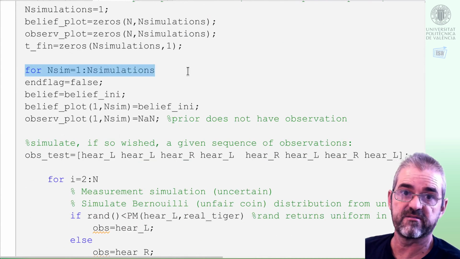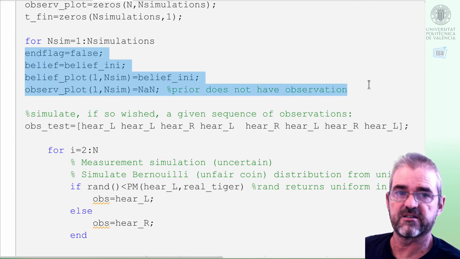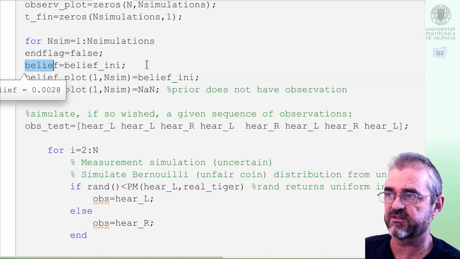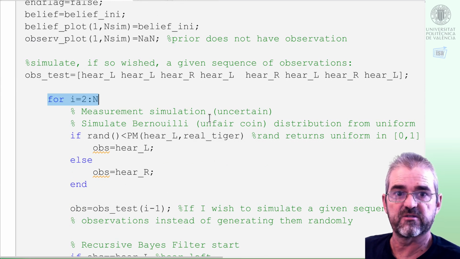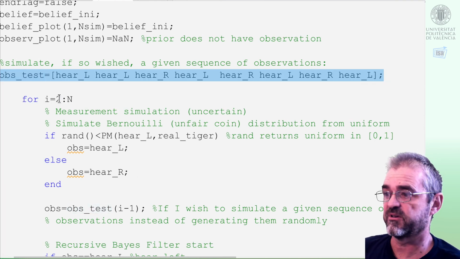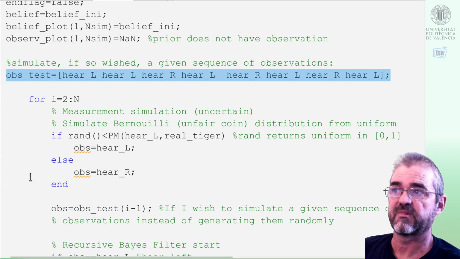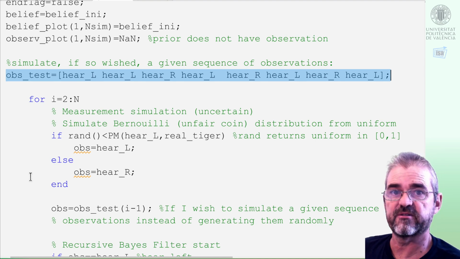And then I will repeat for as many simulations as I wish, just one here, with some flags and initialization conditions for the plots, not important. The only conceptually important thing here is that I will start my belief estimation with the initial belief set to 0.5, and then the first element in my list of results will be the prior, and from the second onwards it will be the posterior to the observations. The first thing I'm going to simulate is just listening to left, left, right, left, right, left, right, left. So I have 5 left, 3 right, hearing noises, and we'll check that recursive and non-recursive evaluation yield the same